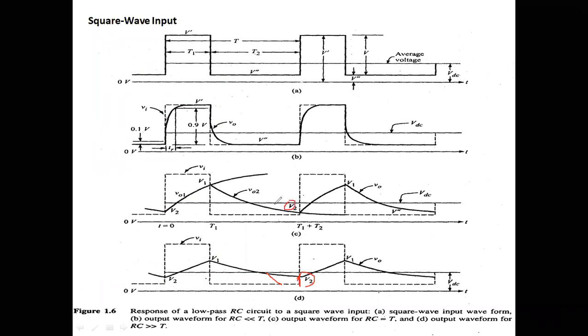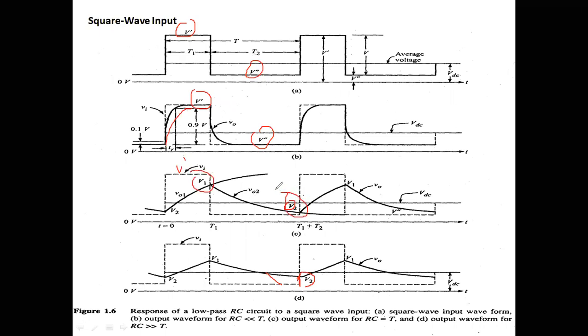If the time constant is very small, the voltage may reach V double dash. Okay, our input voltage, what is our input voltage? V double dash. It reaches our final input voltage. Okay, I think you are following the class. When the time constant is very small, it reaches the input voltages V dash and V double dash. When the time constant is very large, it won't reach V dash, but it may be maintained at a certain level, okay, at V1 and V2.